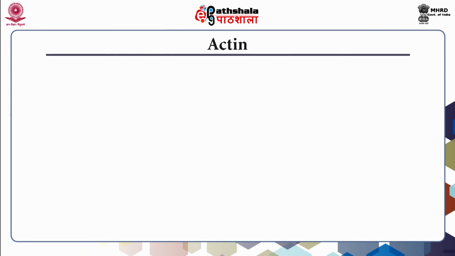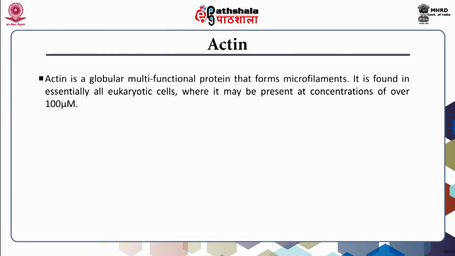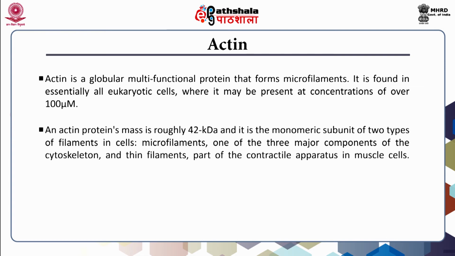Let us see what is actin. Actin is a globular multifunctional protein that forms microfilaments. It is found essentially in all eukaryotic cells where it may be present at a concentration of over 100 micromoles. An actin protein's mass is roughly 42 kilodalton and it is the monomeric subunit of two types of filaments in the